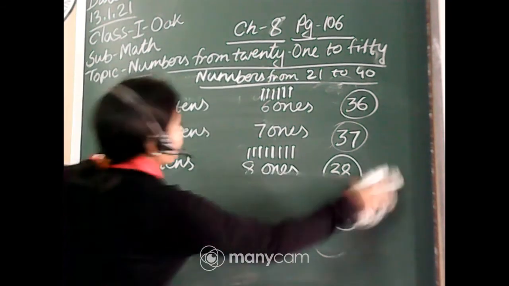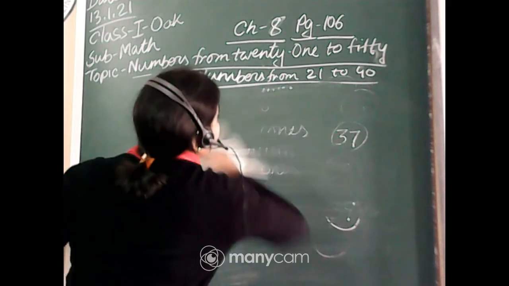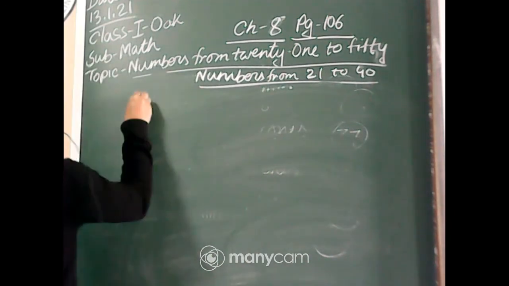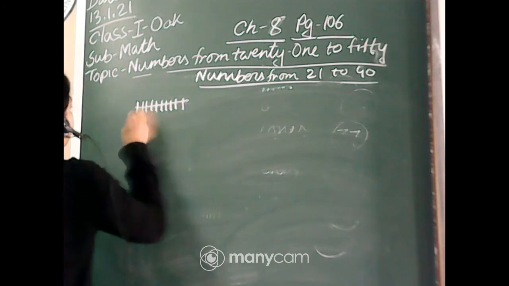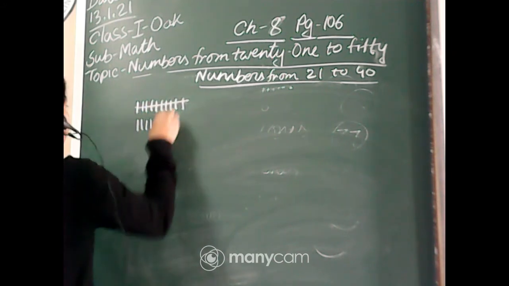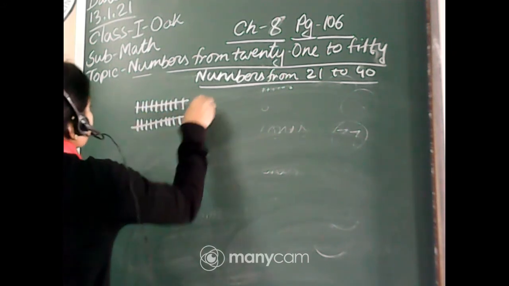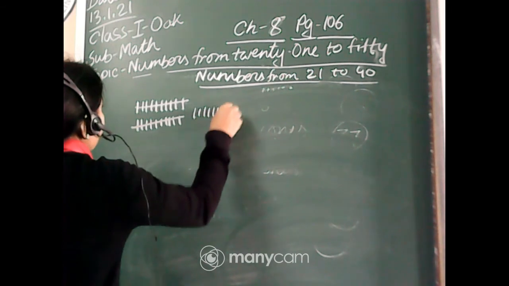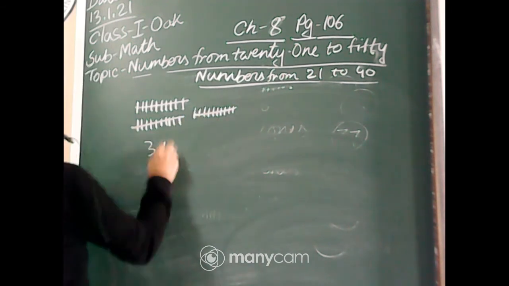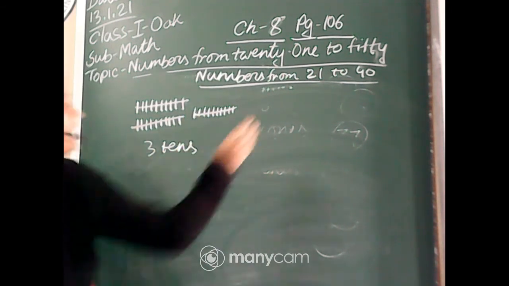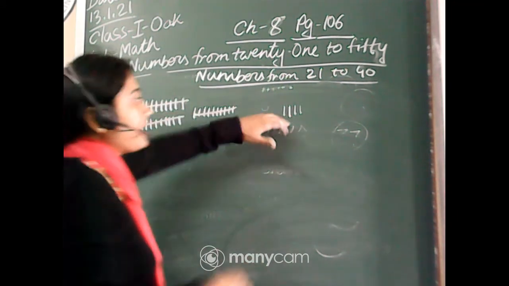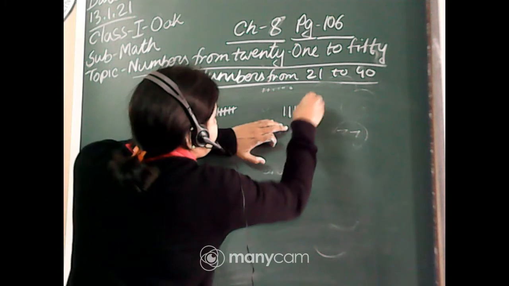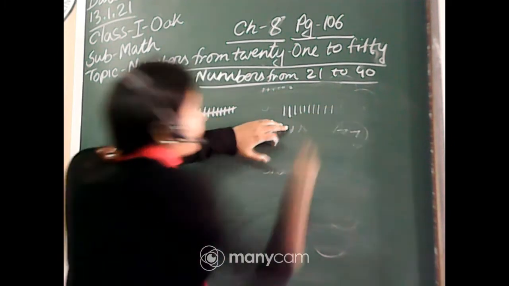Okay. 3 tens and now let's see this one. 3 tens. 1, 2, 3, 4, 5, 6, 7, 8, 9, 10. 1 to 10 again. 1 to 10 again. This is 3 bundles of 10. They have this side 3 tens. And after 9 ones, then 10 ones. 1, 2, 3, 4, 5, 6, 7, 8, 9, 10.